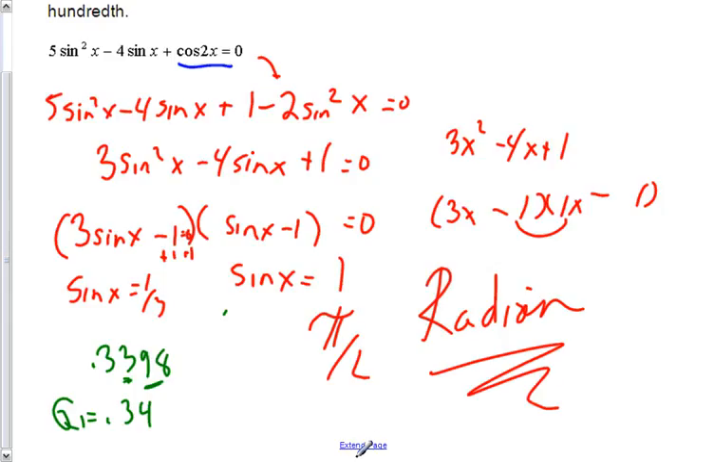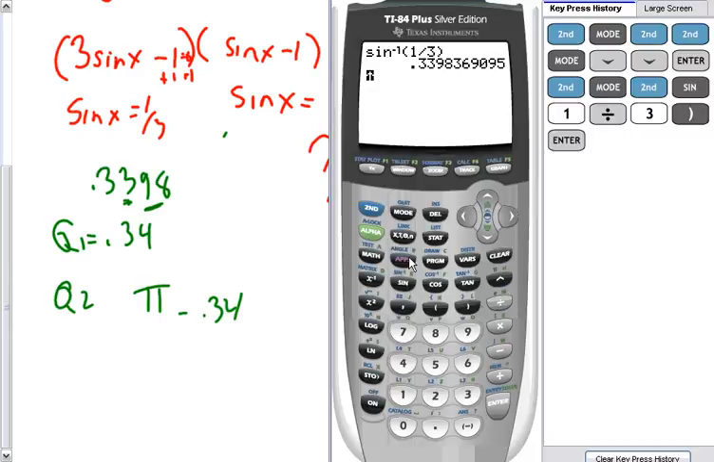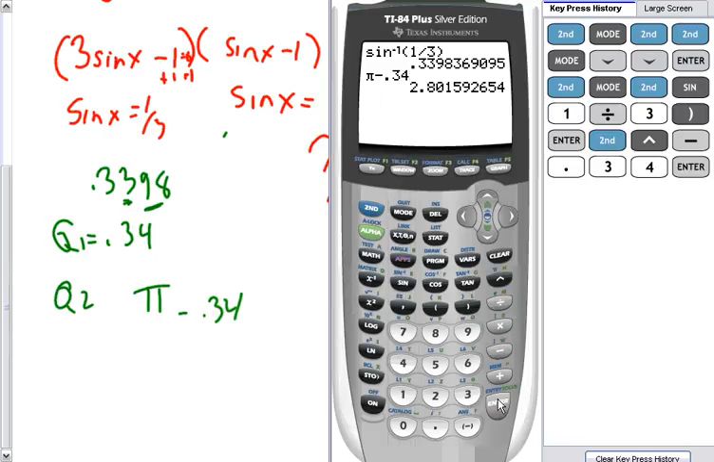Now, second thing, I need my quadrant 2 angle because this was positive. Sine is positive in quadrants 1 and 2. So I'm going to do not 180, but pi minus 0.34. And our calculator can do that because there's a pi button. Pi minus 0.34, like we used before, and you can see it as 2.0801, or to the nearest